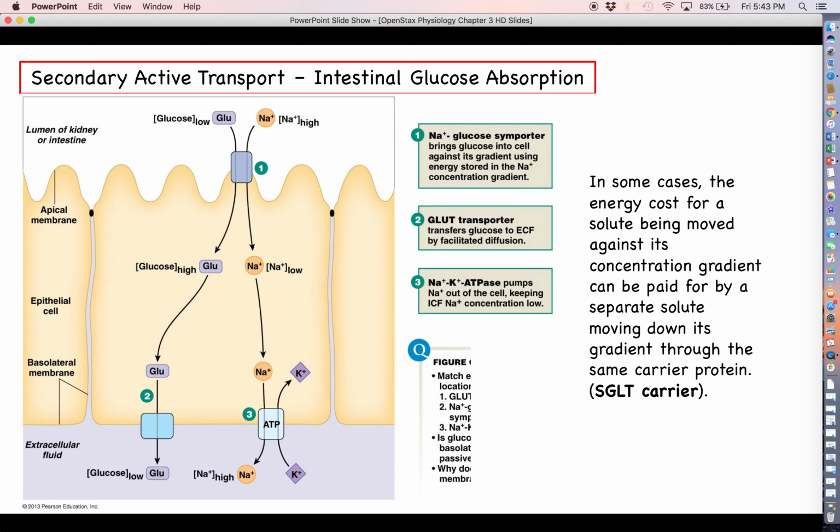So when we talked about primary active transport on the previous slide, I mentioned that we want to keep these sodium and potassium gradients because it's important. This is a big reason why it's important. We need these gradients to provide the energy we need in order to do things like absorb glucose and